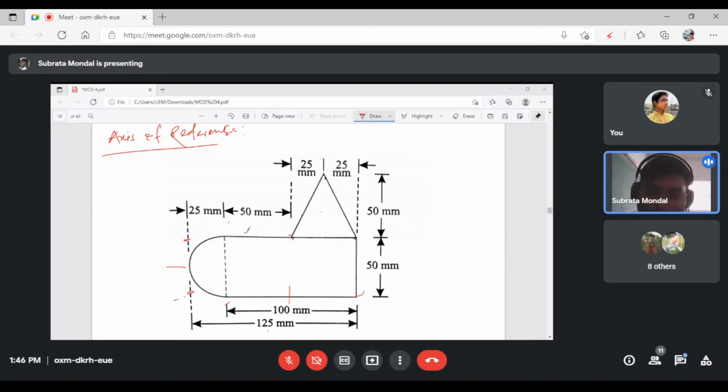Is your marking mic working? Yes, sir. So otherwise tell me what should be the reference axis, which axes we should consider so that we can easily resolve the problem of this kind of figure. Which point will be considered as reference axis for this particular figure? Just tell me that.